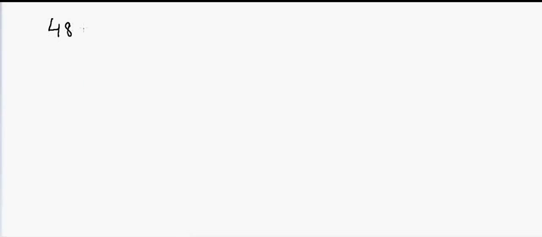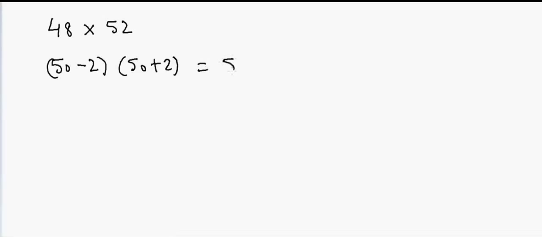Hi everyone, in this video we'll talk about another math trick which can be used for faster calculation. For example, suppose I have to multiply 48 and 52, so how will I do that? If you look at it carefully, these numbers are symmetrical around 50, so this can be written as 50 minus 2 and 50 plus 2, so that will be equal to 50 square minus 2 square, so the answer will be equal to